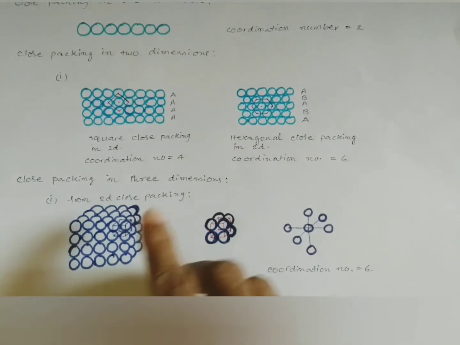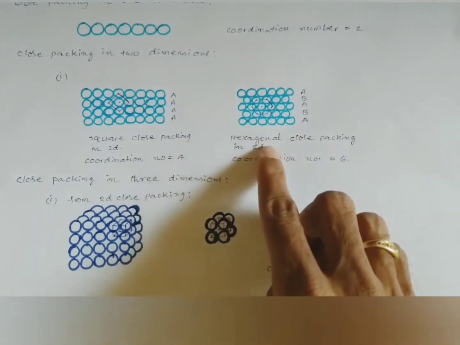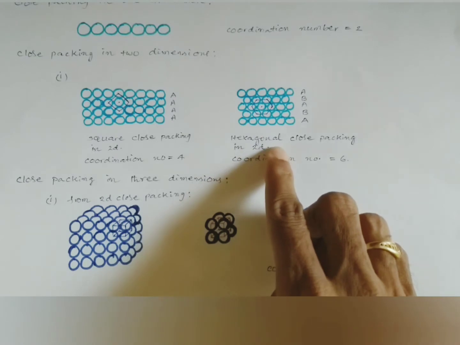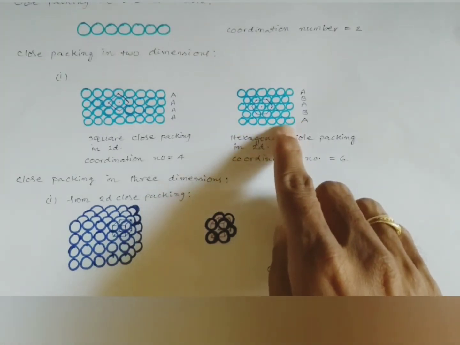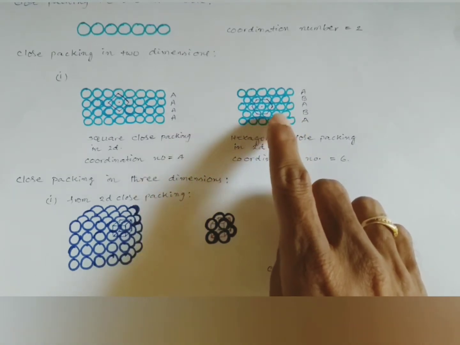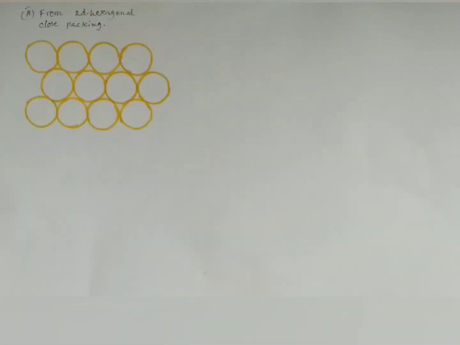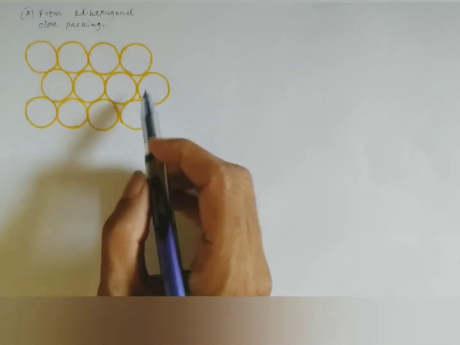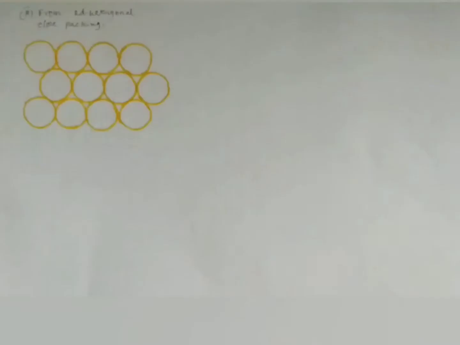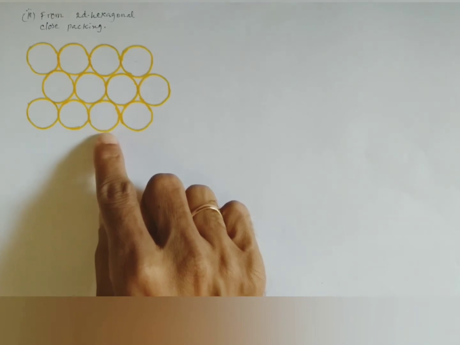Now we'll take this layer and we'll see three-dimensional close packing from this layer. So what is this? This is hexagonal close packing in 2 dimensions. So let us pick up this layer and we'll lay the other layers over this. First we'll pick up this layer, and if it is enlarged, it looks like this. So this is a 2-dimensional hexagonal close packing, and we have taken one layer. This is how the layer looks like. This is obtained from a 2-dimensional close packing, and it is a 2-dimensional hexagonal layer.